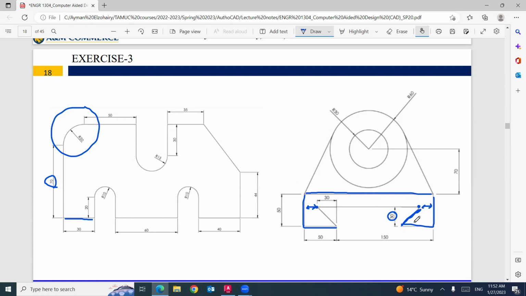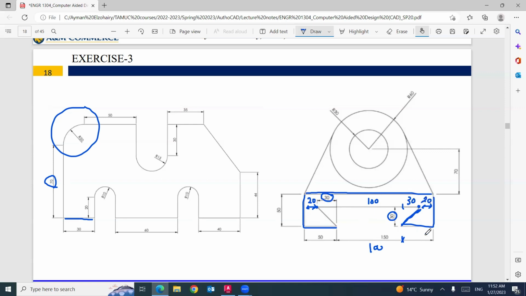So I will move up 30. No. We have here 30. This distance 30. So the length of this line will be 100. This length here is 100. So 100 plus 30 plus 30. So the total length, we have 30 here. We have 100, so the total will be 160. The length of this line is 160. 160 from 200, that means we have here 20, and we have here 20.